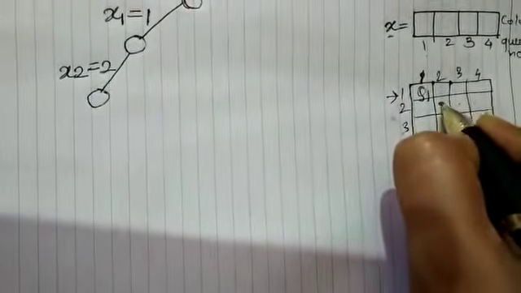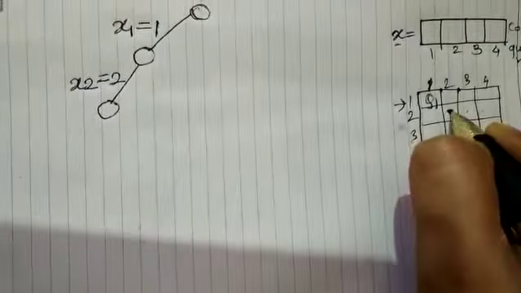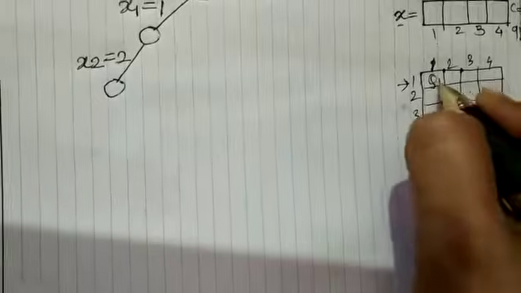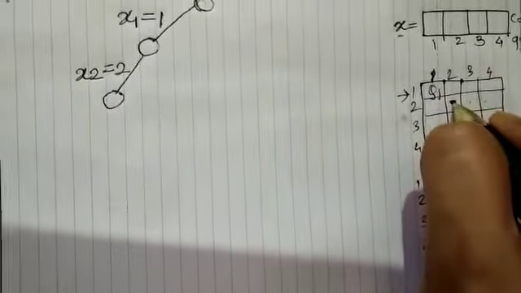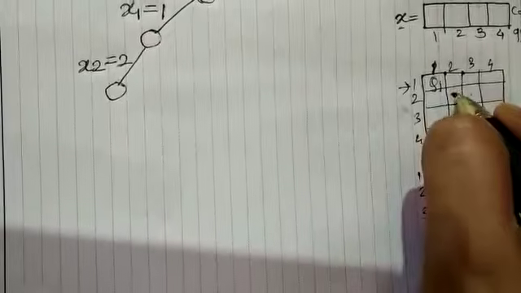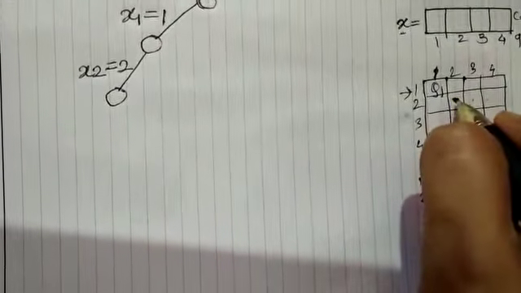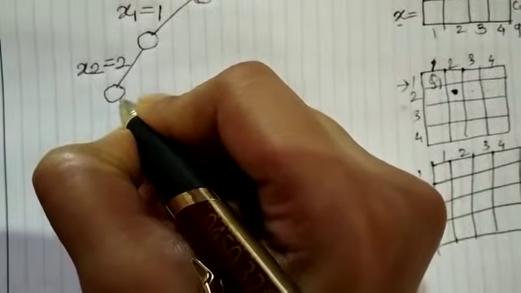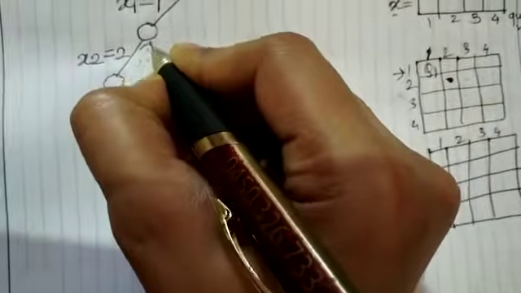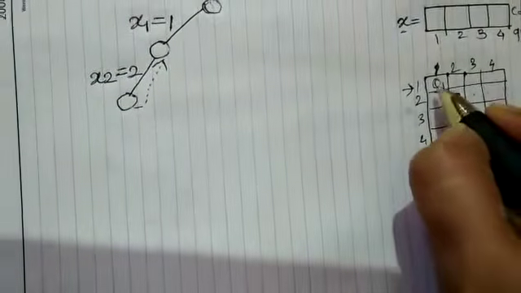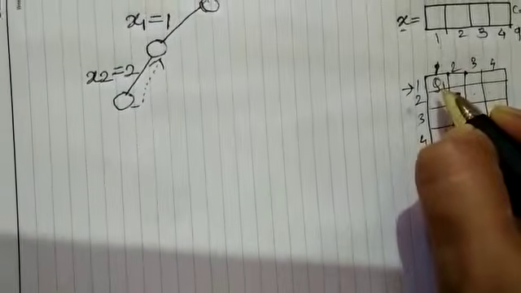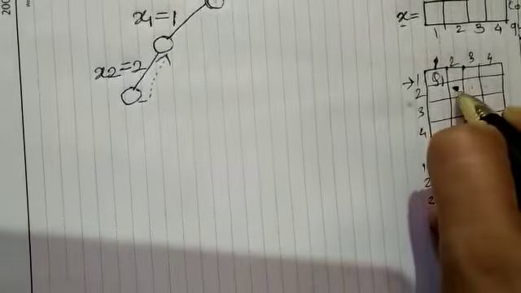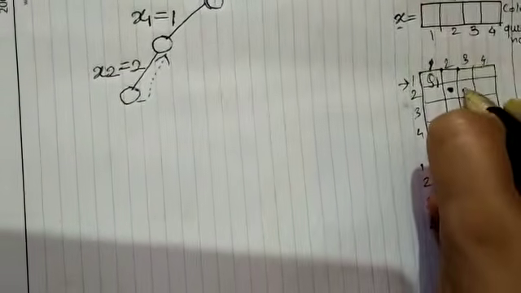So here I am trying this particular position for Q2. If I place Q2 over here, then Q2 will be under attack because it comes in a diagonal of Q1, right? So here we are violating the condition that Q1 and Q2 are in the same diagonal. As we are violating the constraint, we have to backtrack to the previously placed queen. So previously placed queen was Q1. So now we have to try another option for Q2. We already tried second column. Now let us try for third column.